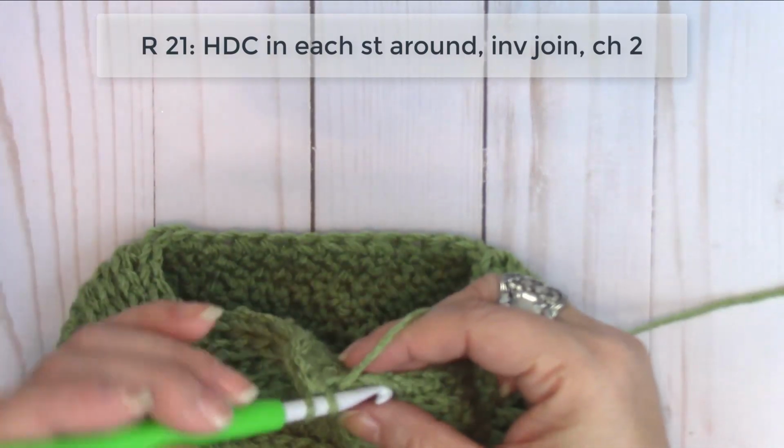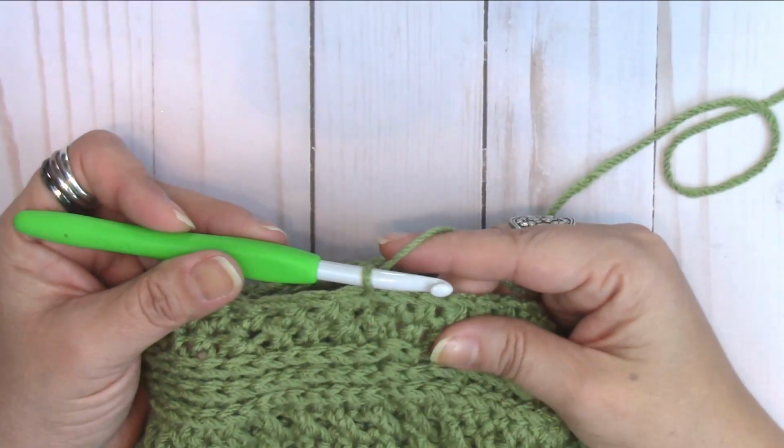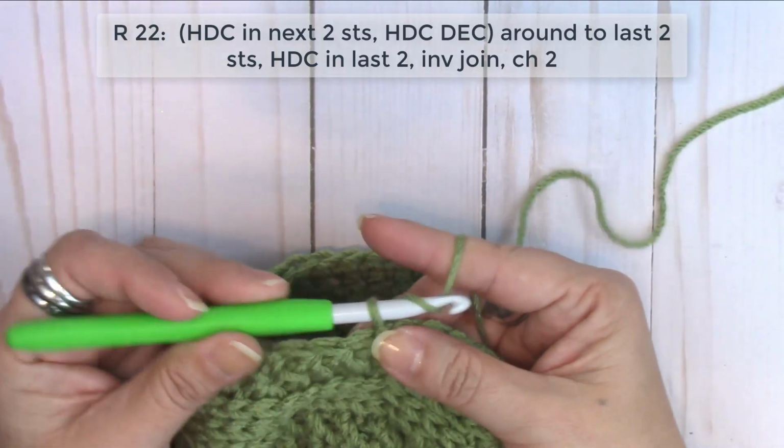Just like that. And I will meet you here when I am done with round 21. All right, so I'm done with round 21. So now round 22 is going to be another decrease round, and we're going to start again with the chain 2,